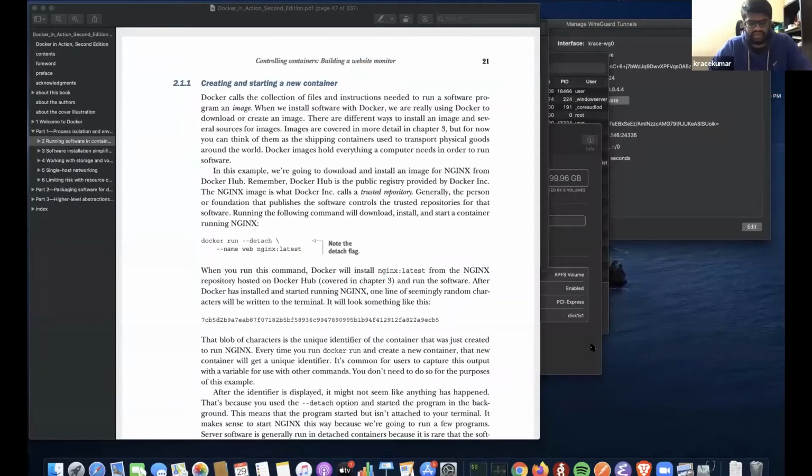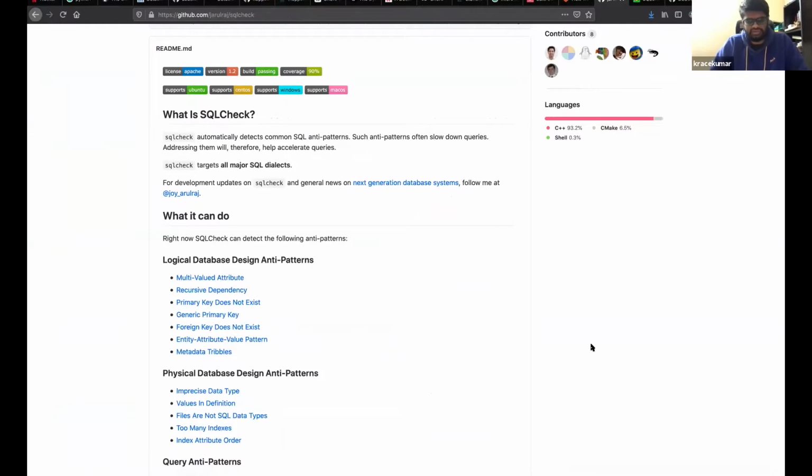So in that case, I would like to share a tool which I recently discovered, and I thought it will be useful for a larger set of audience. It is not very specific to do with the operations of database or anything of that sort, but it is mainly focused on finding out the patterns while writing a SQL query.